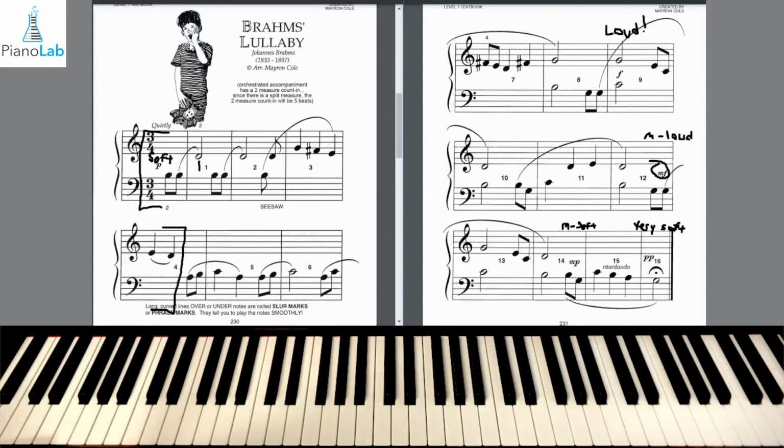Okay, this time we're going to play through it and focus on the phrases. So let's do that one more time, and I'm going to tell you when to lift your finger and when not. And we're going to kind of exaggerate it, so do it more than we would actually do it when we're playing the song, just so you can really hear the different sections and when we're supposed to have fingers more connected and when they should be more apart, okay?